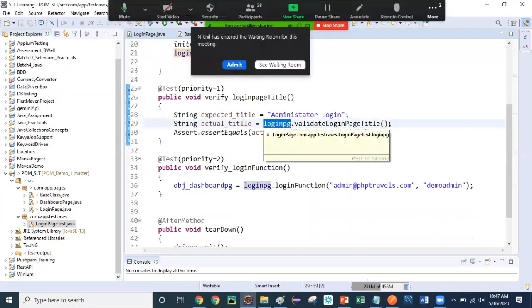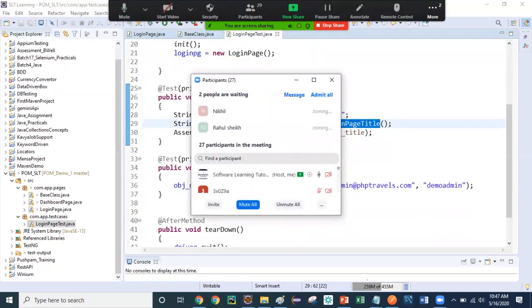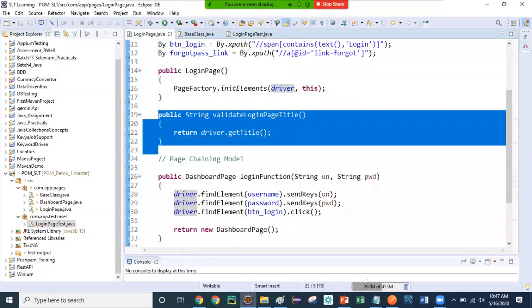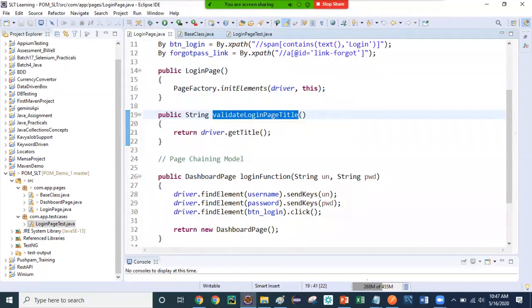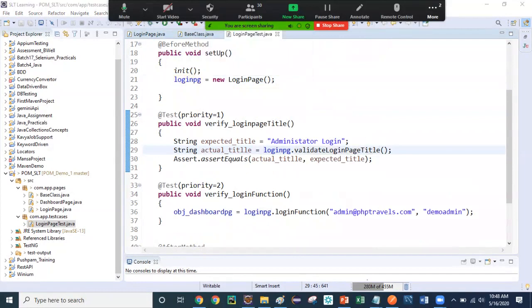The login page method I'm using is validate page title, which means I'm going to validate the page title using this method. Now I need to call this method, and for that I need the object of that particular class. So I create the object in the setup method, use it over here, and assert that information.